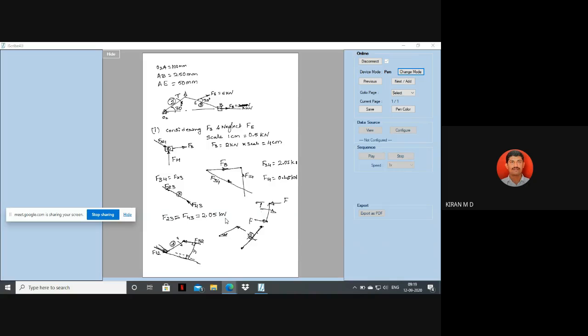So then the force line should be parallel to this length. So here also you draw the line. You can take any line from these lines: link 3 line or F34 or here connecting rod. So you take parallel line from this line. So you are going to get F32. Then what to do? Just you take parallel to this one, you draw line here. So it is F12. Then you extend this line.